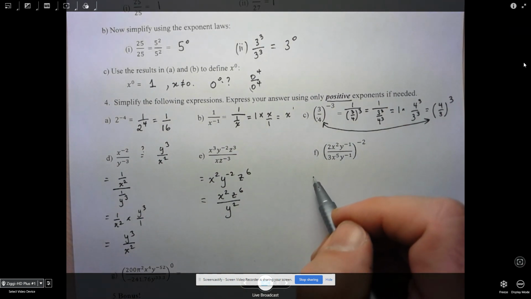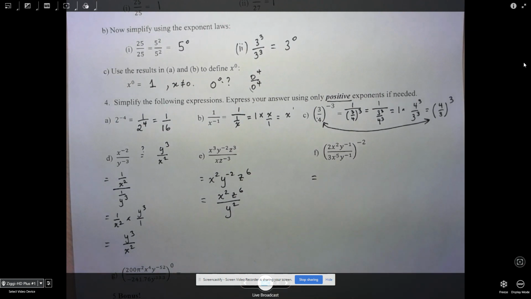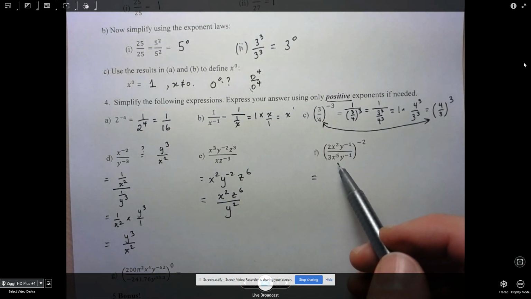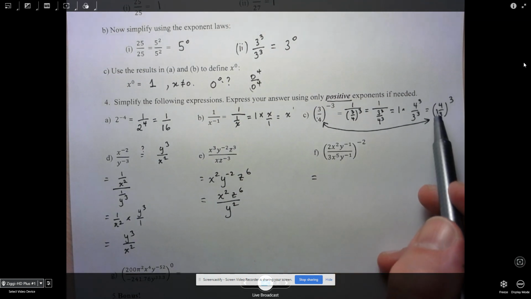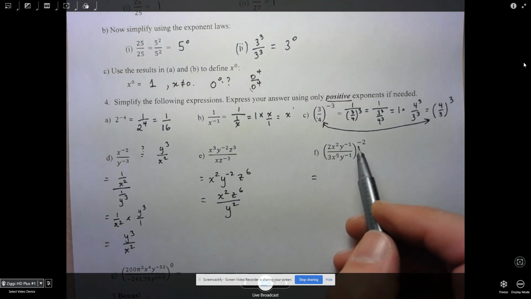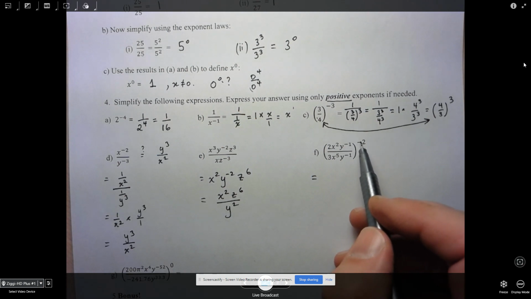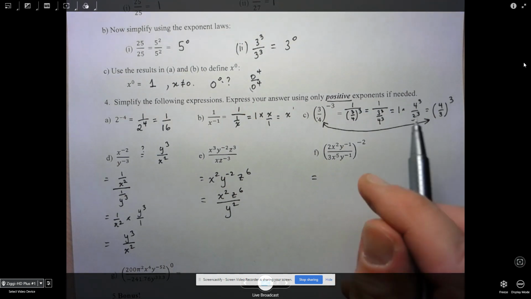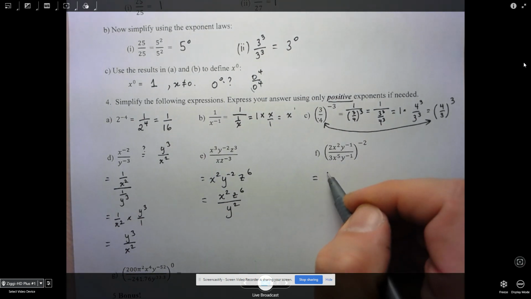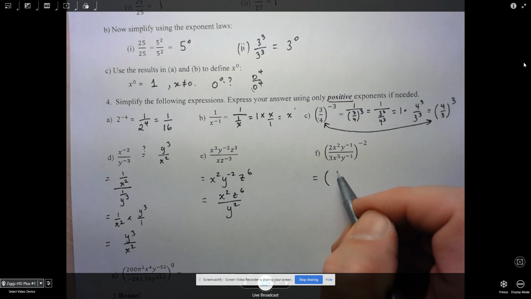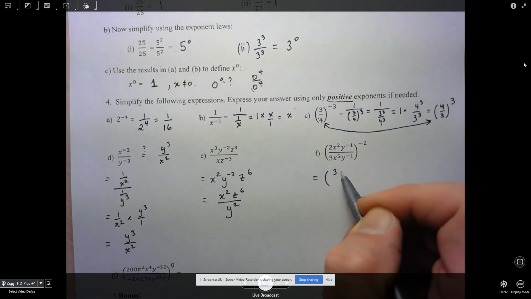All right, let's take a look at this second last one here. And there's lots of ways we could proceed, but the first thing I'm going to do is use what we found in part C and say, you know what? I know what the effect of this negative in the exponent is going to be. It's just going to give me the reciprocal of the base. So the first thing I'm going to do before I do anything else is I'm just going to flip that